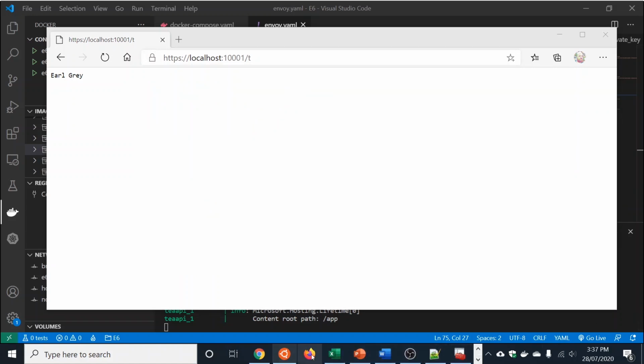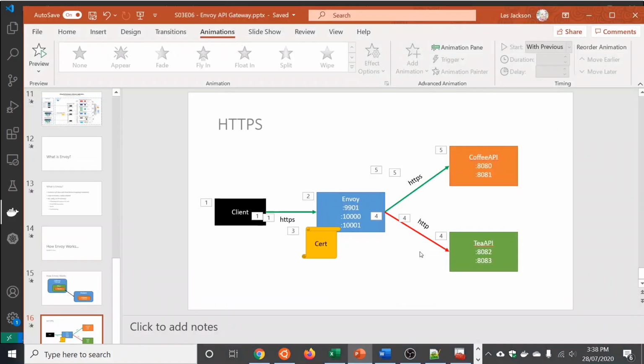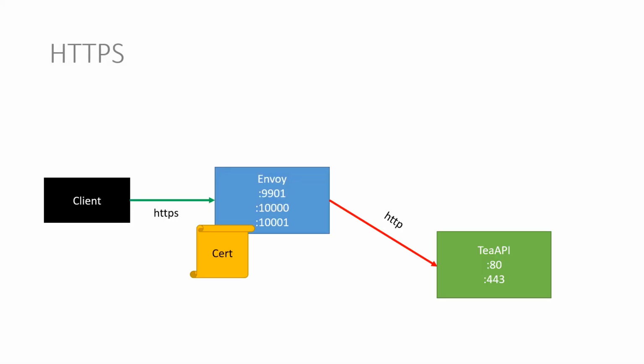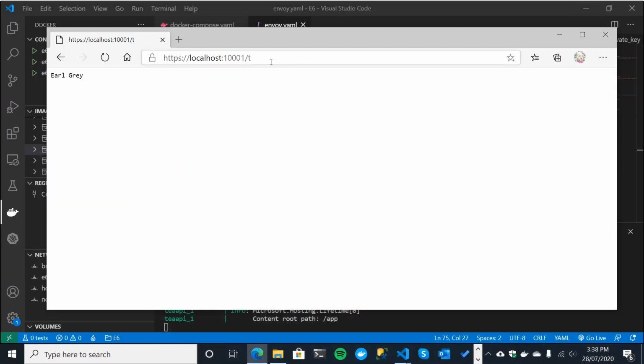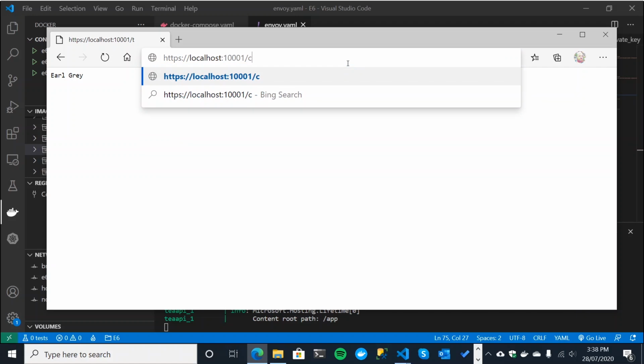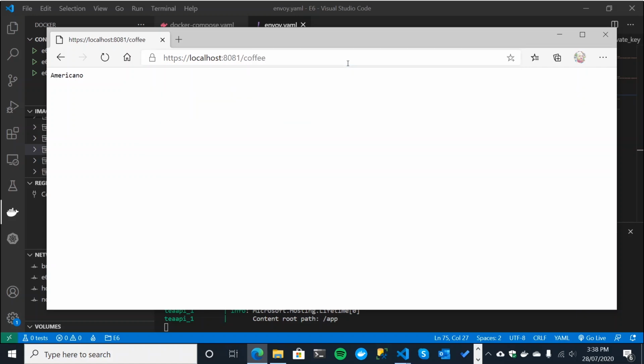So that's us proved out this use case. Okay, so HTTPS termination. Now let's take a look and see what happens when we go to our Coffee API. Yes, it does go to our Coffee API, but interestingly, when we called our T API via Envoy and got Earl Grey back, it retained the view that it's going through Envoy.